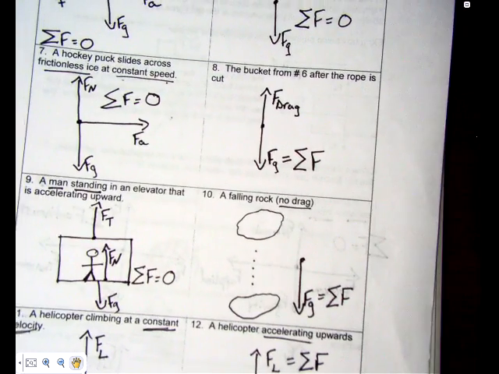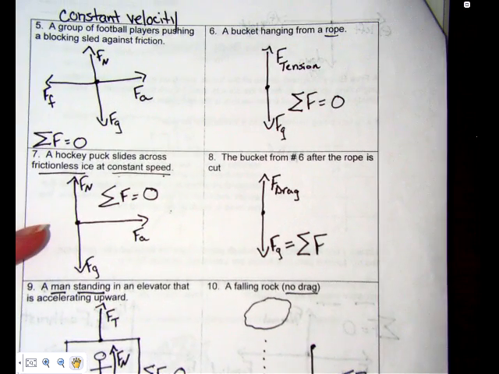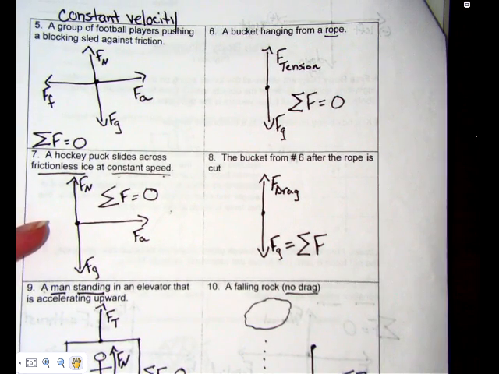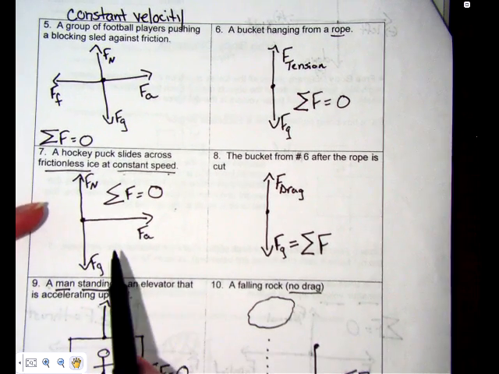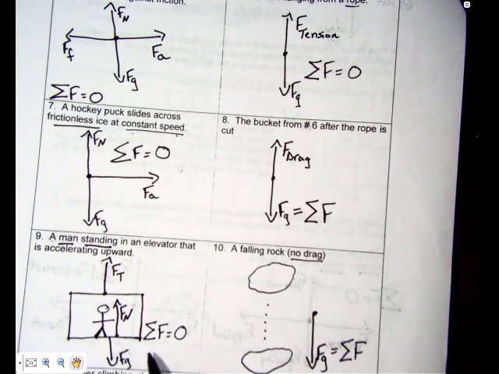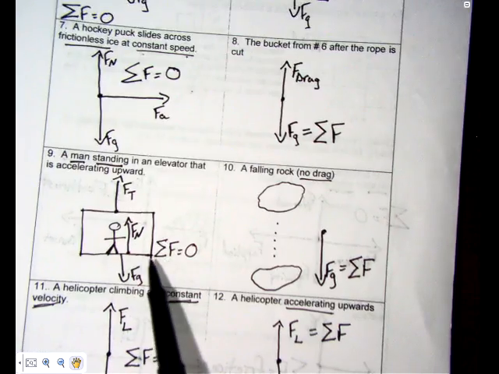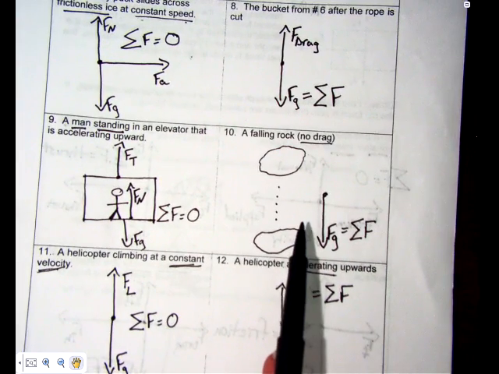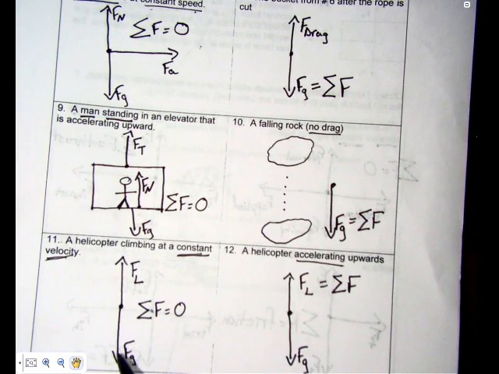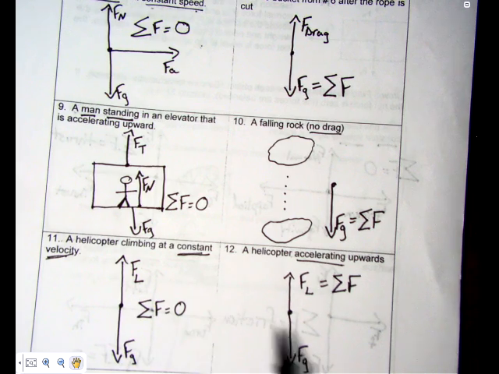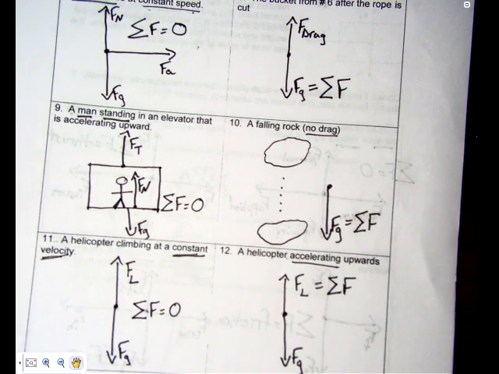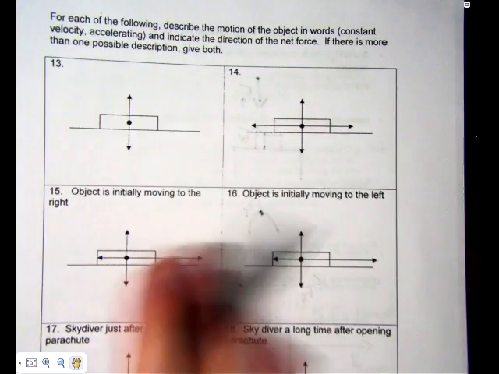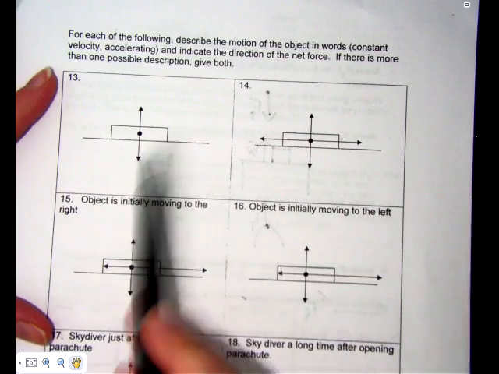Okay? Just one more review over that. These things are being pulled down. This one is frictionless. This is referring to just the man in the elevator. Rock falling. Helicopter at constant velocity. Helicopter accelerating. Okay? And then in this page, you've been given some diagrams and you have to describe what's going